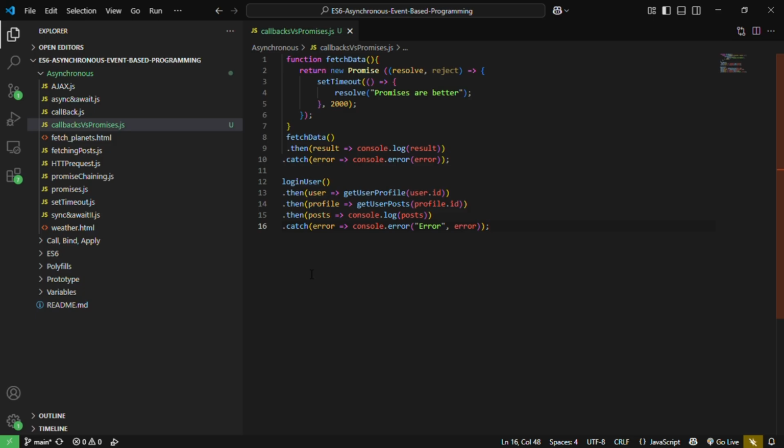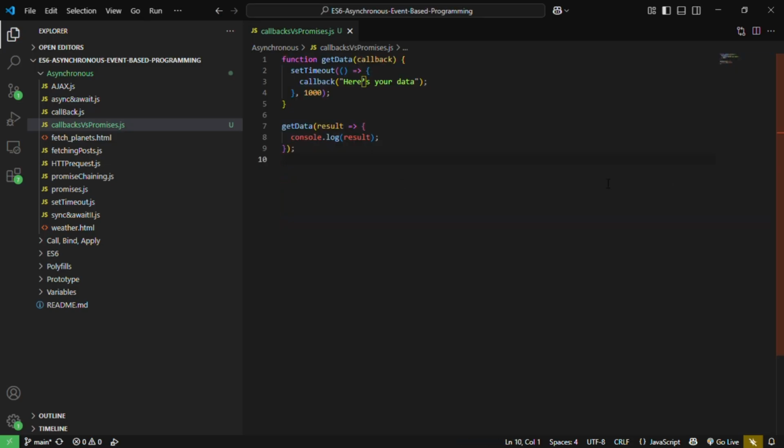So in final analysis, promises help us write cleaner, more maintainable code, especially when dealing with multiple asynchronous operations. Now, next, we are going to see how one can refactor a callback to a promise. So we're going to refactor this to introduce a promise. Let's see how this can be done. So first, we are going to introduce a promise which resolves